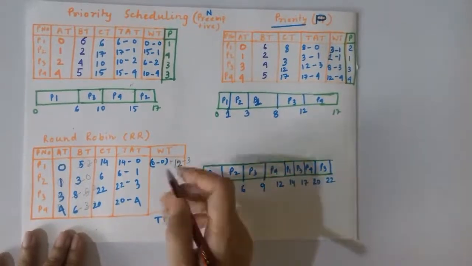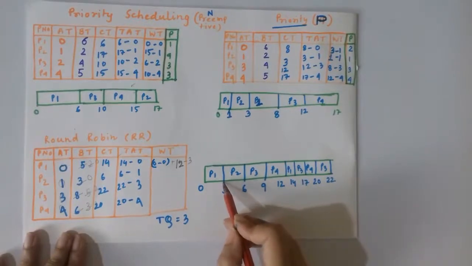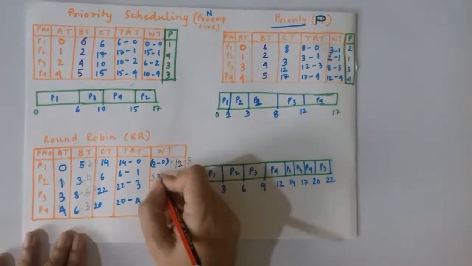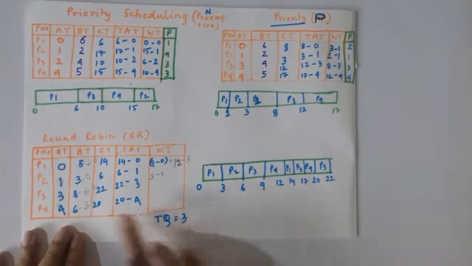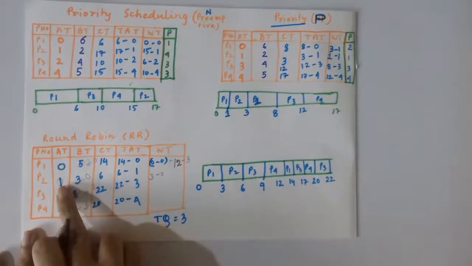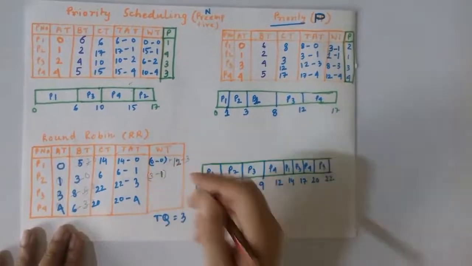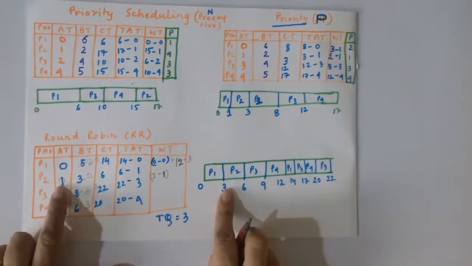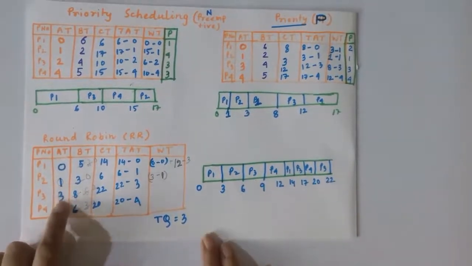So for P2, how much is the waiting time? P2 waiting time is 3 minus 0 for the first case. Okay, but for the second case, why did I give one arrival time? Because you should be clear, if it is there in this case, for the first case you need to include this time. If it is not there, you just keep it as usual 0. So for P2, is it executed next time? No, it is not executed.